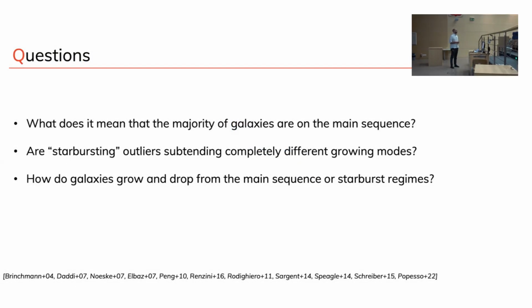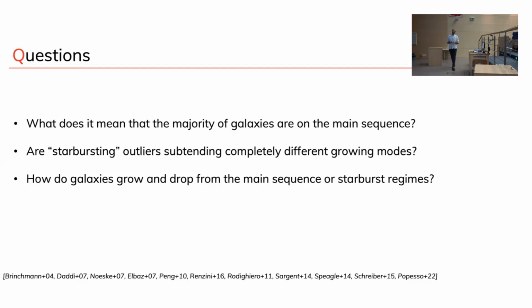So yesterday we saw a few observational results, and I hope I convinced you that we have quite solid evidence that we do see correlations between different galaxy properties. There's the main sequence of star-forming galaxies, galaxies that have very specific values of star formation rate at fixed stellar mass. We know that there are galaxies above the main sequence. We heard earlier today about starbursts and trying to move galaxies up, and we know that there are galaxies below, galaxies that are quiescent or on the way to quiescence.